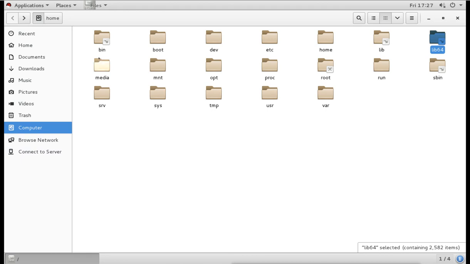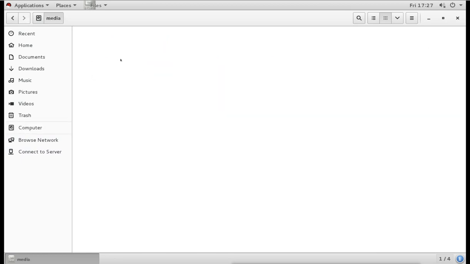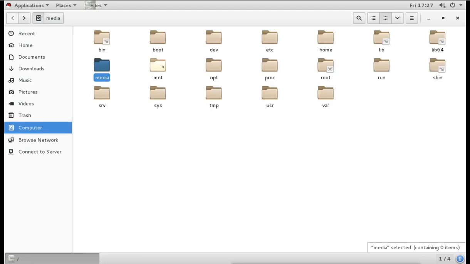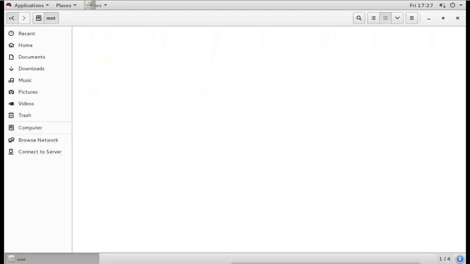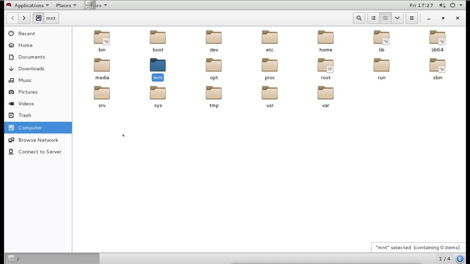Then we have the media directory and the mnt directory. These two directories are empty. If you open them, there is nothing in them. These two directories are for our external drives. Suppose you insert a CD or DVD, you can mount that CD, DVD or flash drive into these two directories.